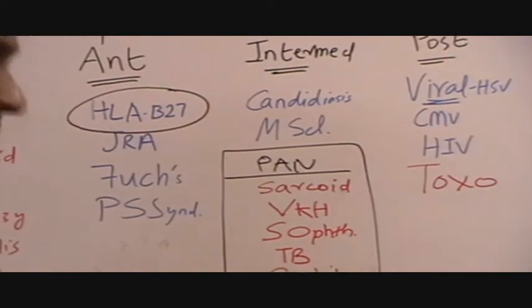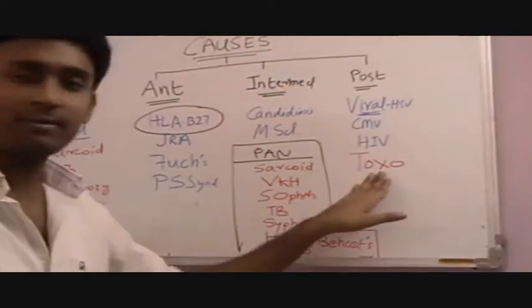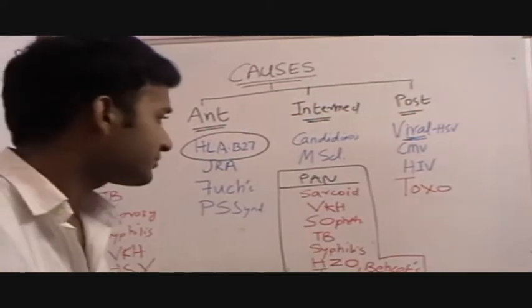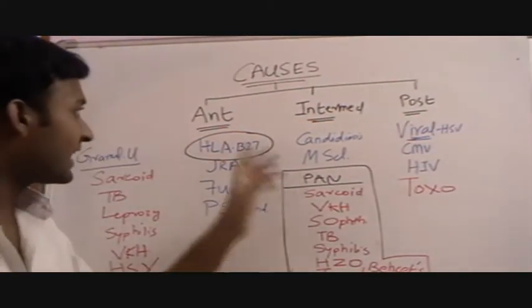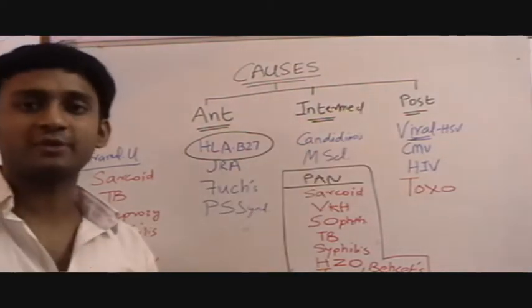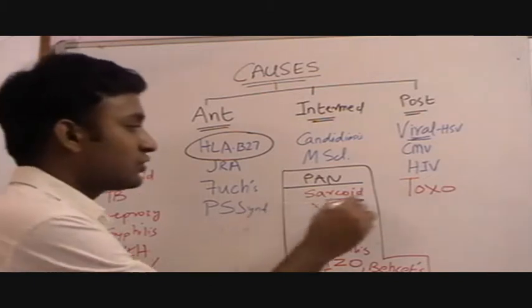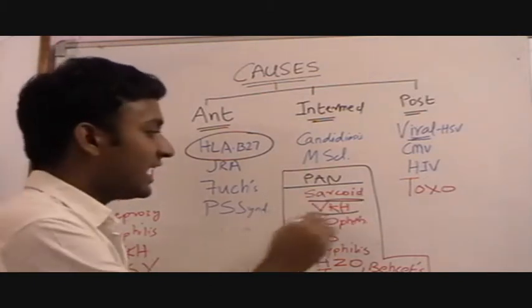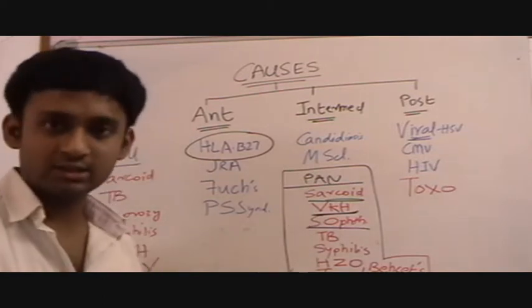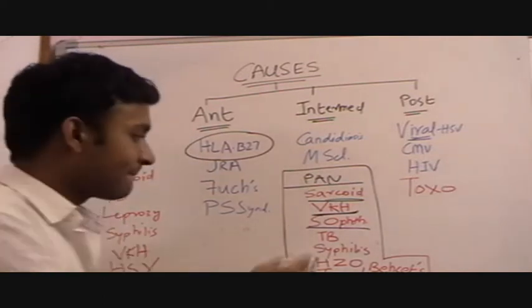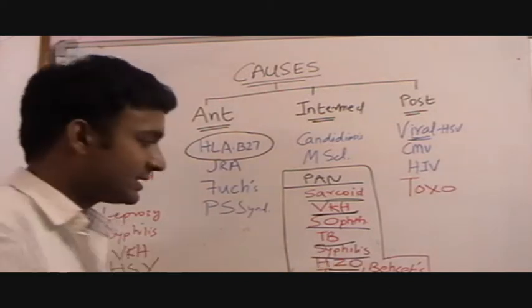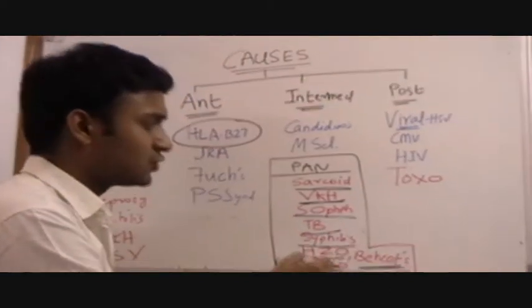Toxoplasma is also a pan-uveitis condition. I've put it here because toxo is a very, very important cause of posterior uveitis. Pan-uveitis, so they can affect the anterior, intermediate and posterior segments: sarcoidosis, VKH syndrome, sympathetic ophthalmitis or sympathetic ophthalmia, TB, syphilis, herpes zoster infections, Behçet's disease, toxo, just now I told